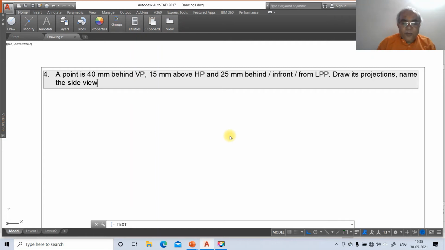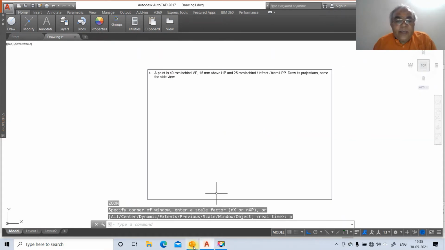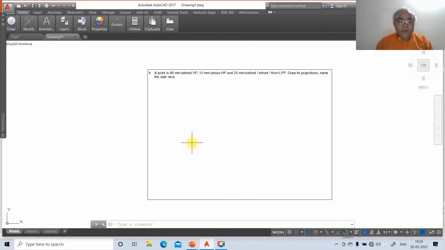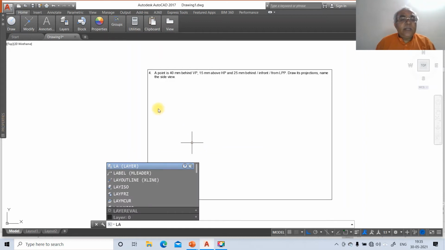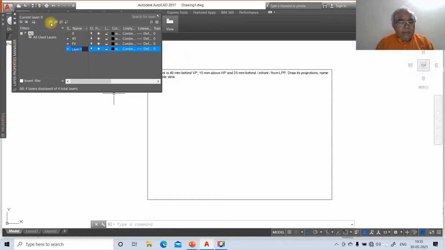So now here when you see the drawing, what we have is the XY line and front view, top view and side view. So we need to create those layers now. To do that, first we'll go to layer, then click on new, type the layer name XY, click on new, type the layer name front view, click on new, type the layer name top view, click on new, type the layer name side view.